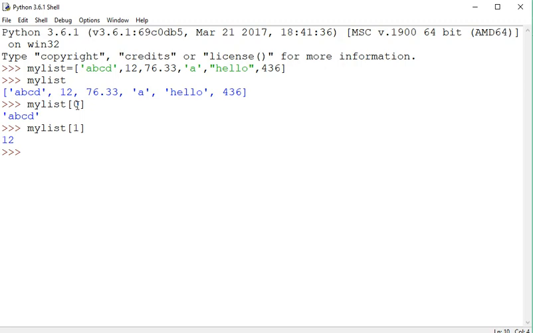Another thing which many of you may not know is that you can pass a colon here. Basically the syntax is like this: this is the start index, this is the stop index, and this is the step size. I'll get to this in a later video when I'll be discussing list slicing, so let's not discuss it right now. Rather I'll tell you about -1. -1 is a very important number. If you pass it in, -1 will return the last element. So basically 436 is returned. Now if I pass -2,